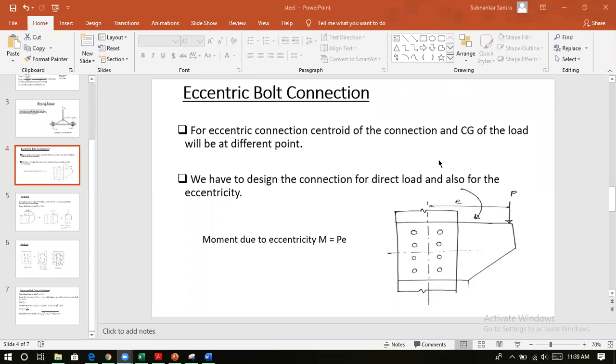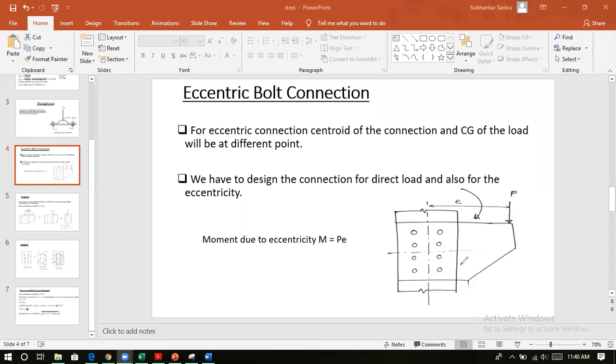Hello everyone. Today we'll be starting one new topic from steel structures, eccentric bolt connection. So, what are these eccentric connections? Many a time we come across a situation where the load coming into the connection is not concentric. What do I mean by concentric? That is, the CG of the load is not passing through the CG of the